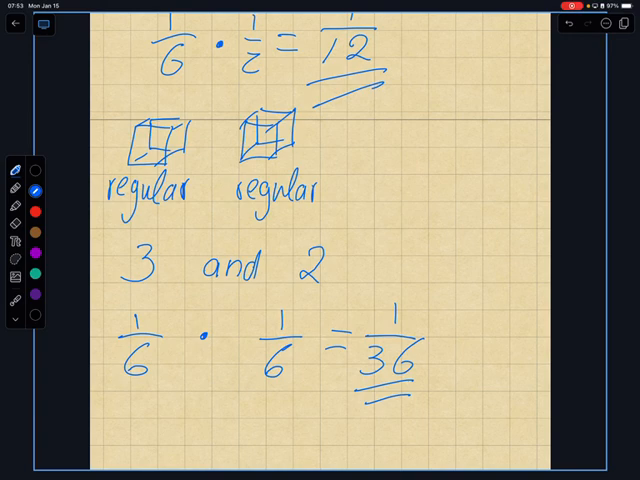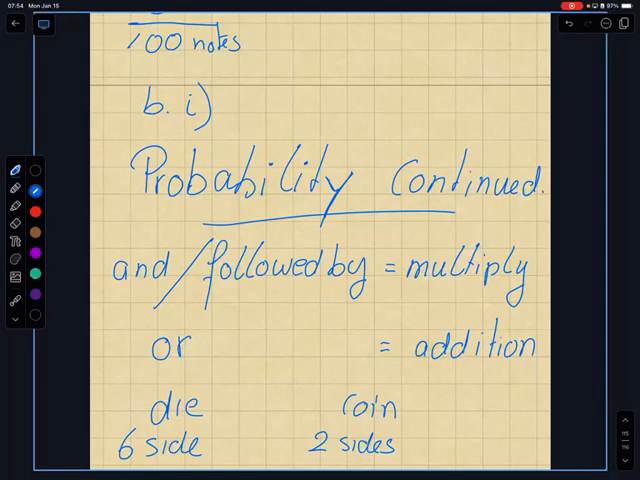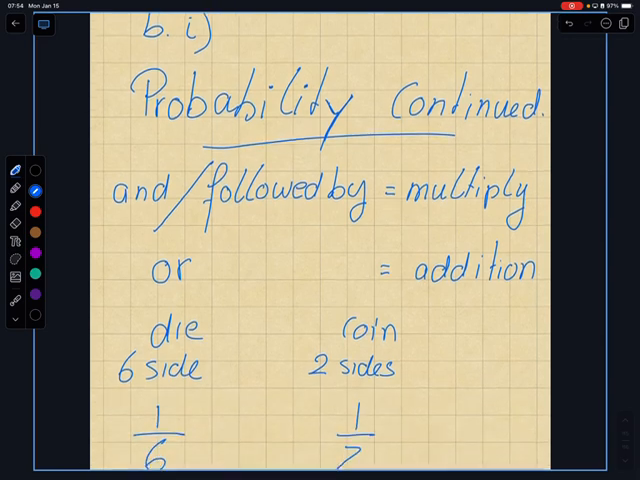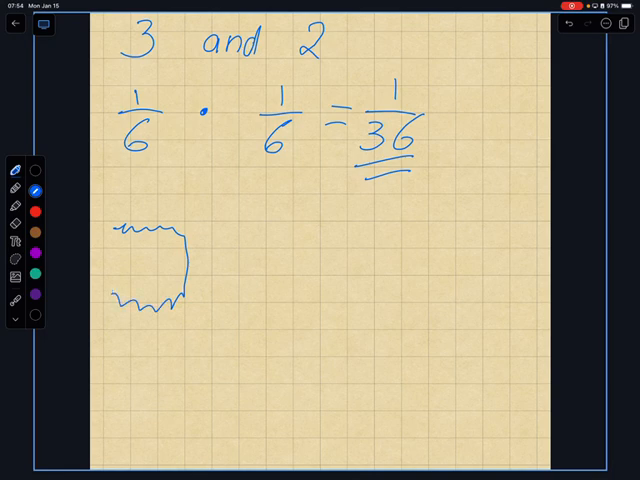And now we change the game. We did and, or followed by, and now we continue with the last part, which is or. What is the difference? Extremely easy. Or means you count the probability of the first thing happening, and you add the probability of the second thing that's going to happen. To give an example,